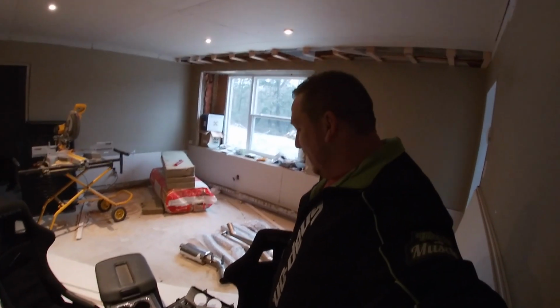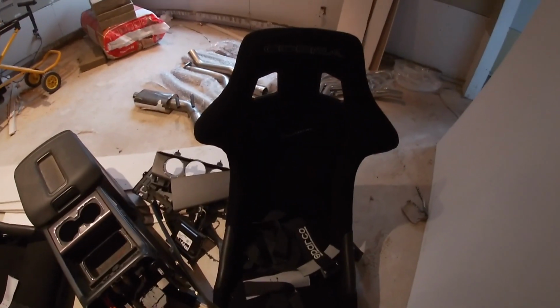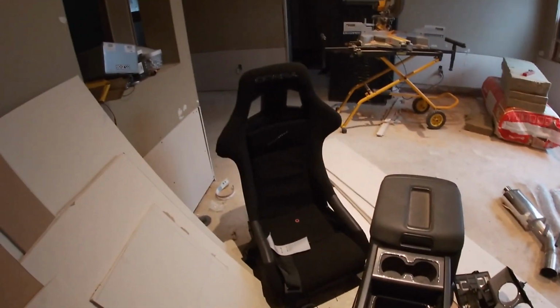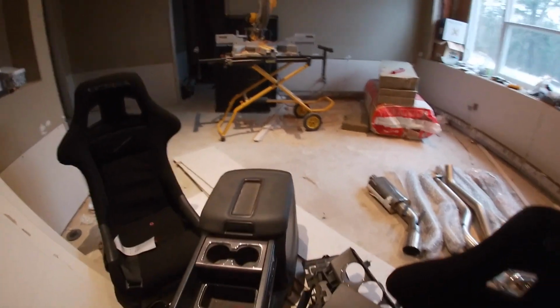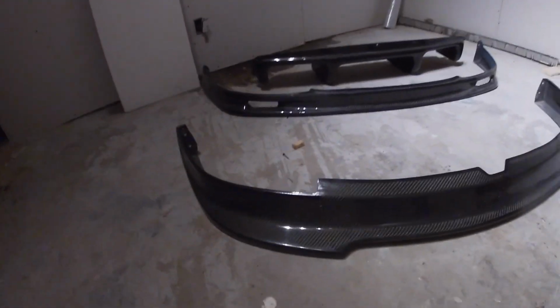So don't mind the mess of my basement. It's obviously a construction zone. So here we go, guys. We did get racing seats for the SRT, which is kind of sick. We did get a full center console for the Chevy truck. And then if we scroll over here where it's dark, now, for anyone that's into SRTs, we did get this